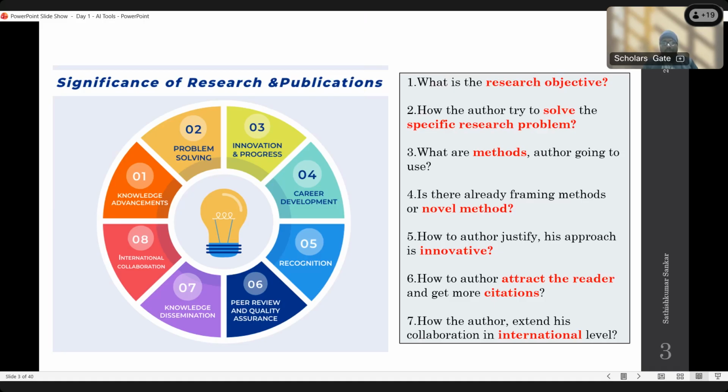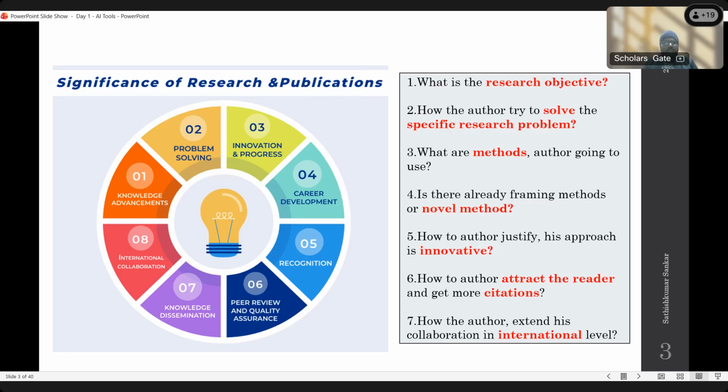I only got review comments once the journal was submitted, the anonymous reviews only. If you have a companion in your research career, it is better, because once you have completely written your research article, you can share it with your companion, and they will give comments on it, so we can improve that research or review article.